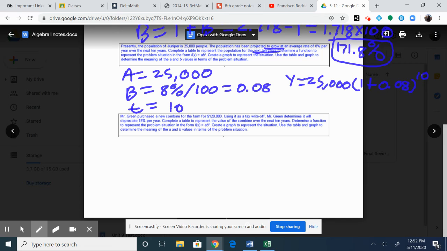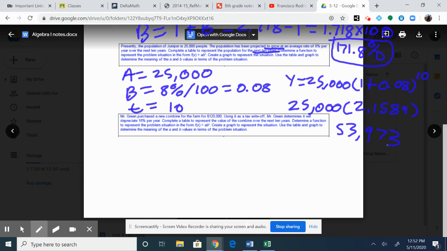Now that we have that, we can put it into the calculator. So 1 plus 0.08 is 1.08, and we're going to take the power of 10, which will give us 2.1589. If we multiply that by 25,000, we get